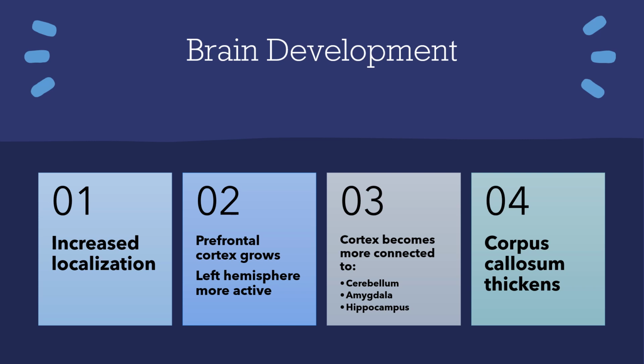Okay, another type of development that's happening quite rapidly during this time is in the brain. So there is increased localization. I talked about this a little bit with infants, how the infant starts out with their brain not necessarily specialized, and then it gradually localizes functions over time. That's continuing through childhood, where certain parts of the brain are becoming more specialized for certain functions. It's kind of separating out, like a division of labor a little bit.